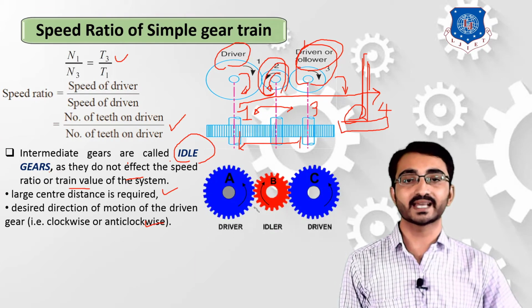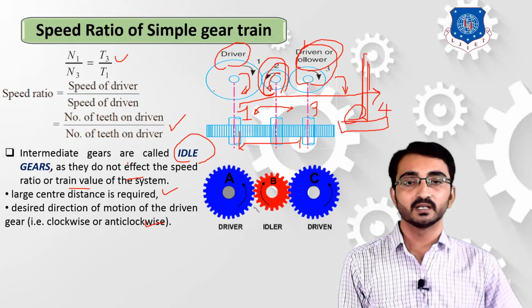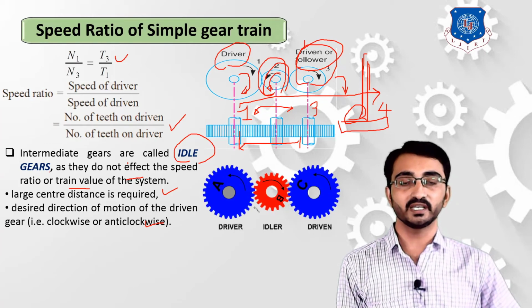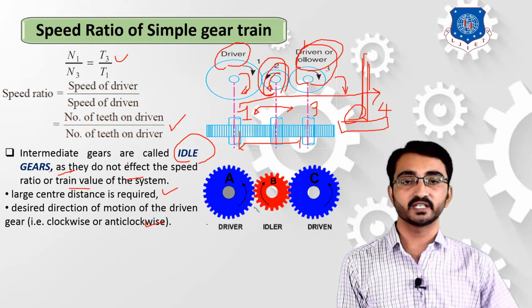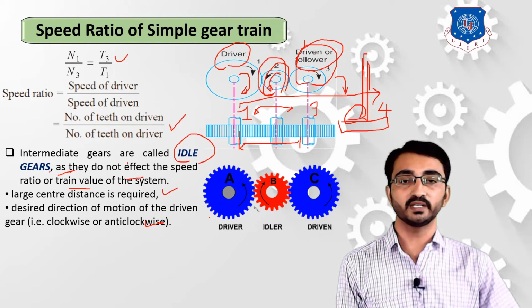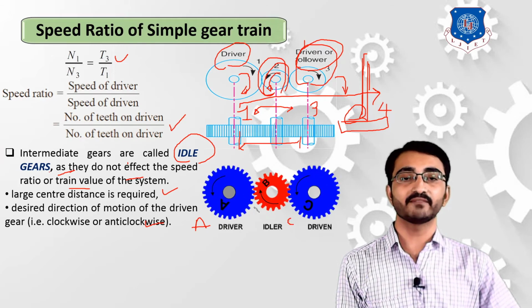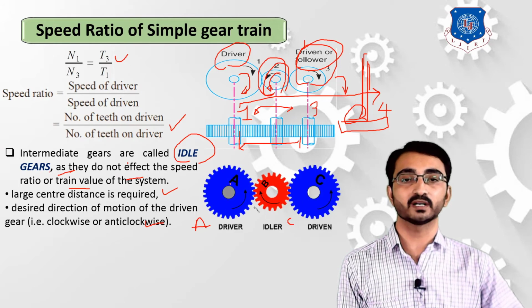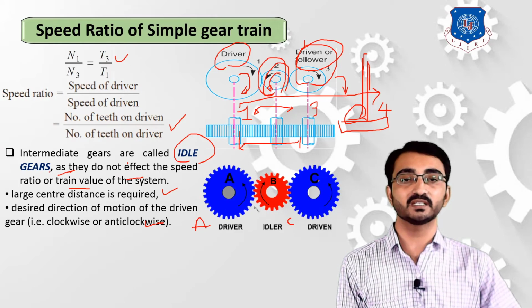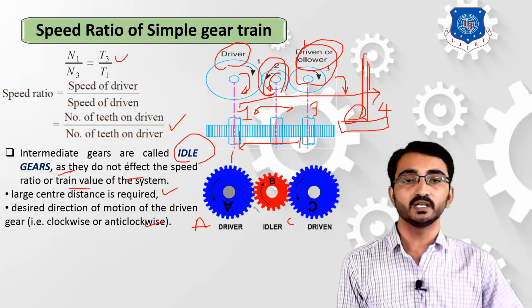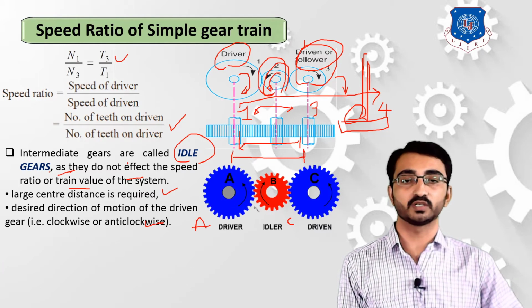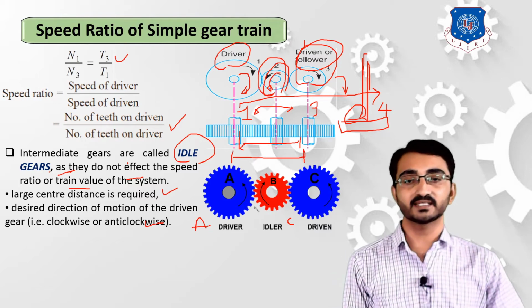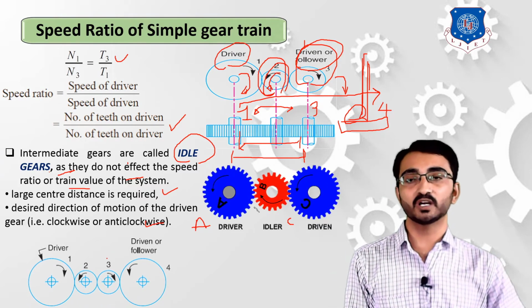Okay, let's consider this example. In this assembly you can observe that gear A and gear C both have the same diameter, or we can say the same number of teeth on their periphery. So the speed of gear A and gear C are the same, and gear B is only helping them to achieve the relative position of the axes. Okay, so we can simply identify that we can use a number of idler gears.